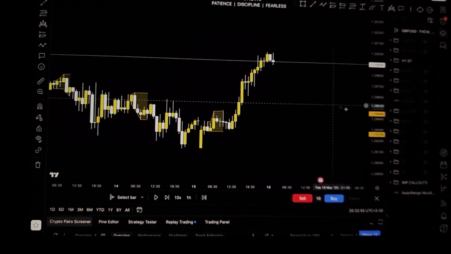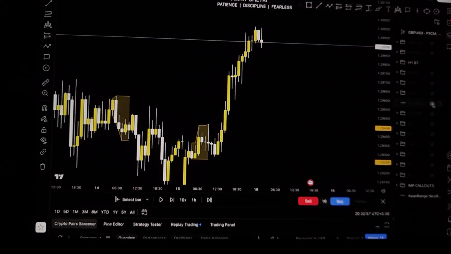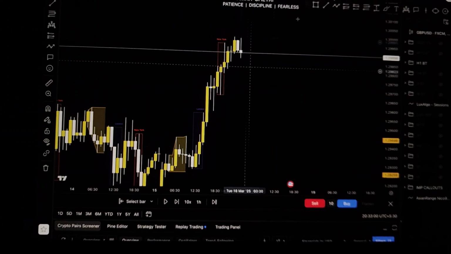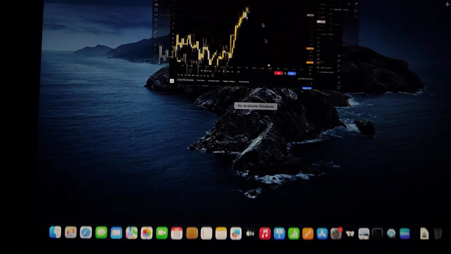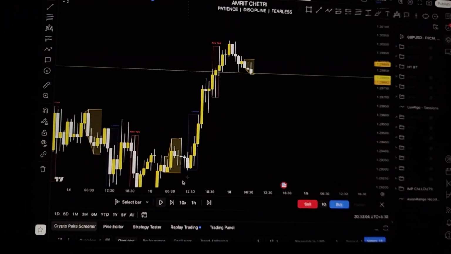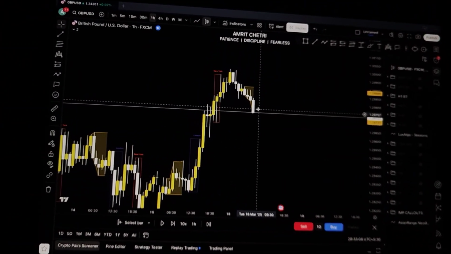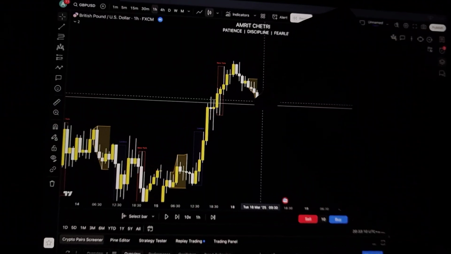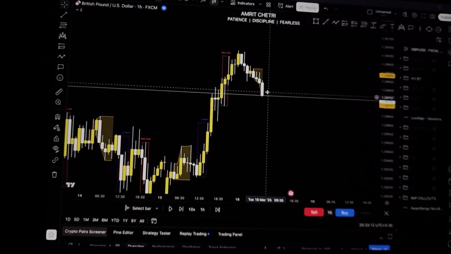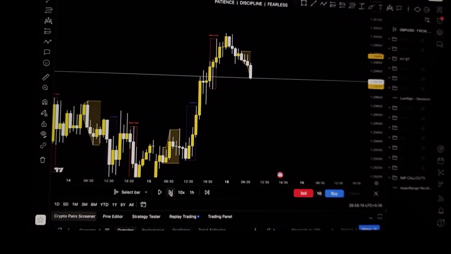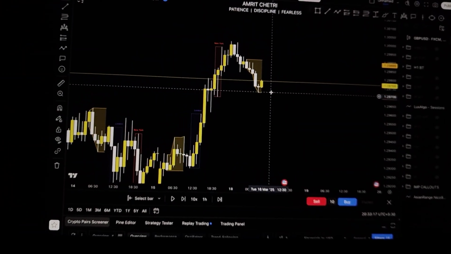So on Tuesday I'll be looking for a buy, and if I am looking for a buy, I will look for some sort of demand zones, right? And also on Tuesday there was no news, as you can see, and I waited for the Asian range to close. Even if my bias is bullish or bearish, I wait for the Asian range to close, and according to how the Asian range closed, according to how the Asian range liquidity is there, I decide if I am looking for buys or sells at my time window.